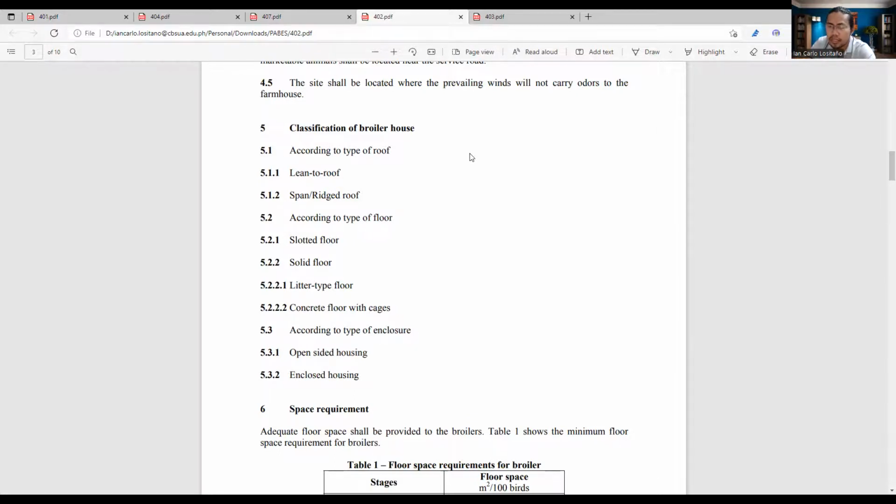So the building is freely ventilated. Okay, you have open air ventilation. There's also the climate control system, or the CCS, which they also call tunnel ventilation, because of the very long design of the structure or the building, it looks like a tunnel, and you have fans at one end, sucking the air from inside to the outside, and you have cooling pads on